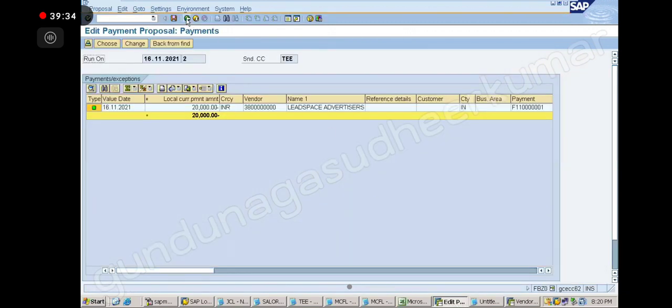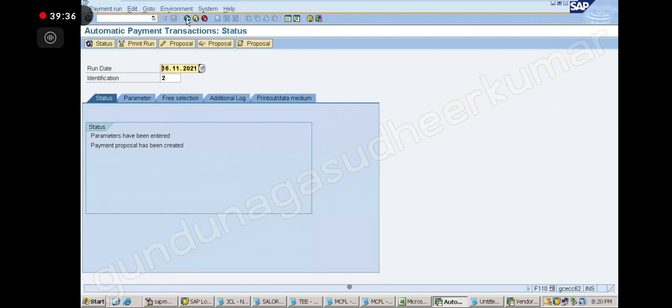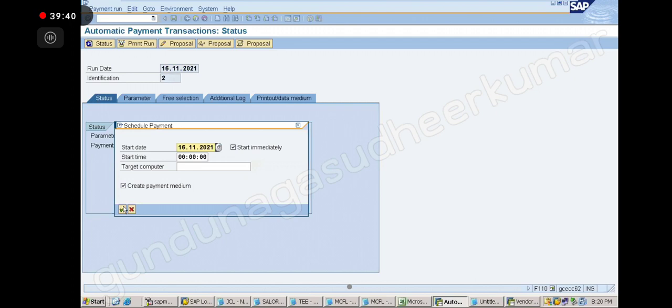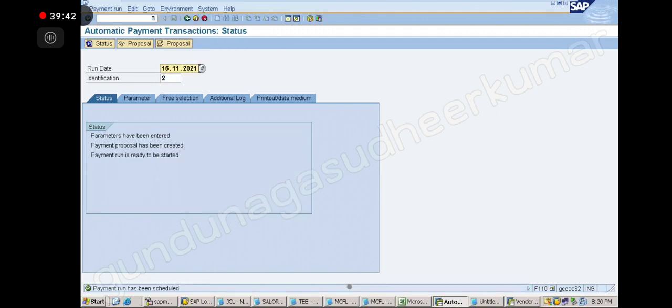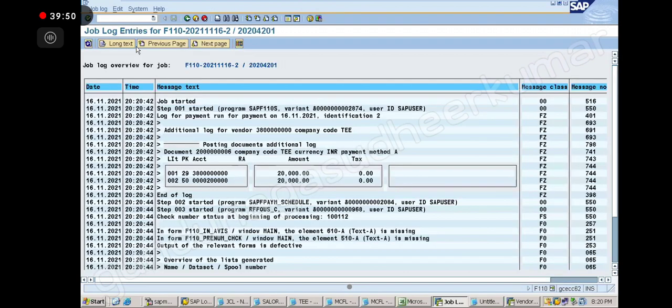So now what will I do? I am going to run the APP, right? Payment run I will do. Correct? Do the payment run. Enter. Keep on pressing enter. One generated. So if I go to payment, how much payment have we done? Now is it a normal payment or advance payment? Special GL. Advance. Special GL.